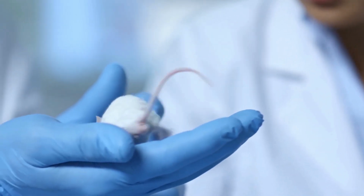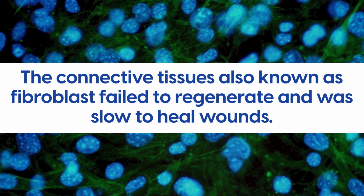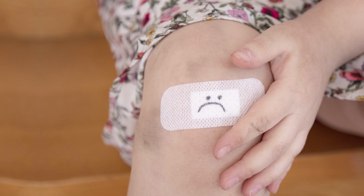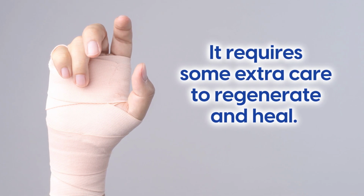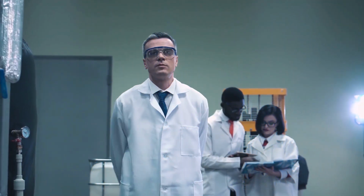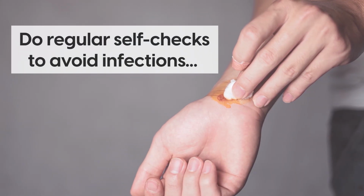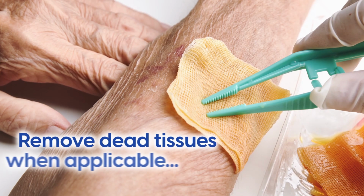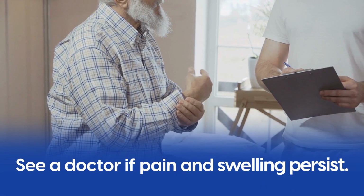An experiment in diabetic mice showed that the connective tissues, also known as fibroblasts, failed to regenerate and were slow to heal wounds. This indicates that overall, wounds can be difficult to heal properly for diabetics, which is why if you have wounded skin, it requires some extra care to regenerate and heal. Experts suggest that to support the skin's healing process, it is best to do regular self-checks to avoid infections, keep dressing fresh and clean, remove dead tissues when applicable, limit pressure on the wounded area, and see a doctor if